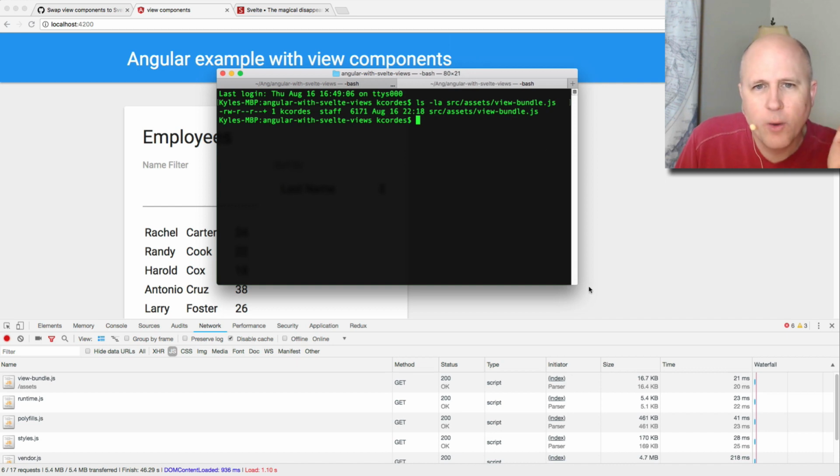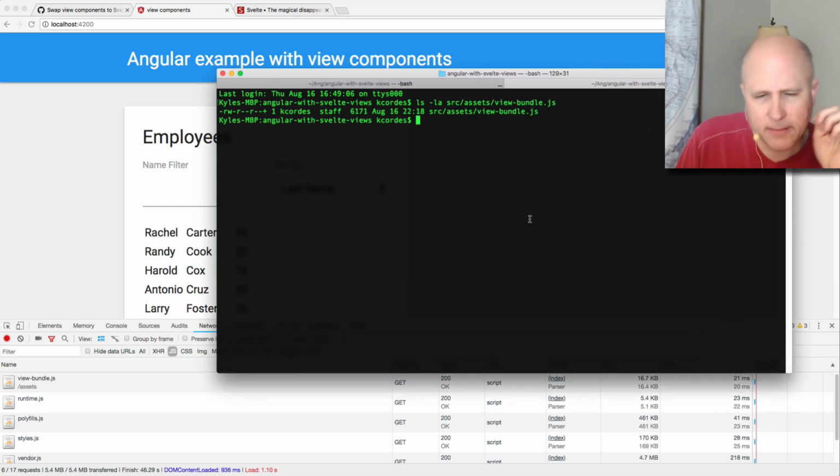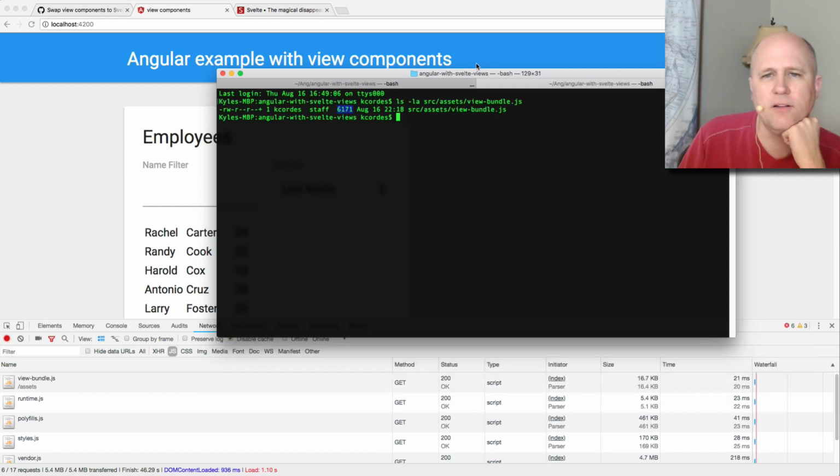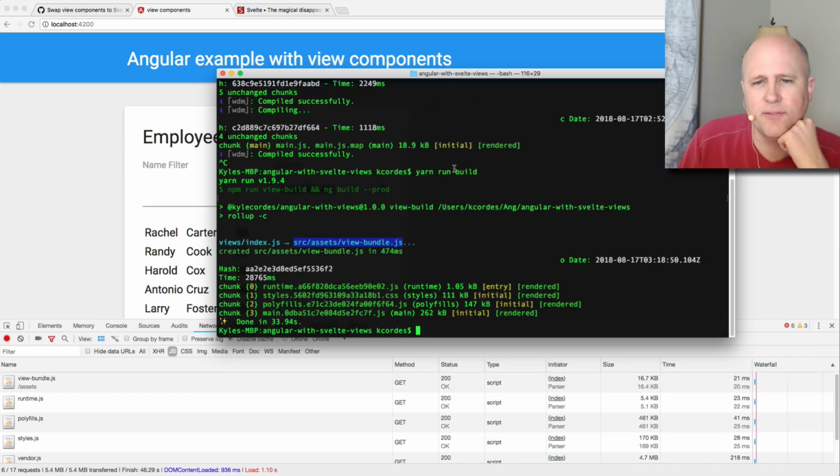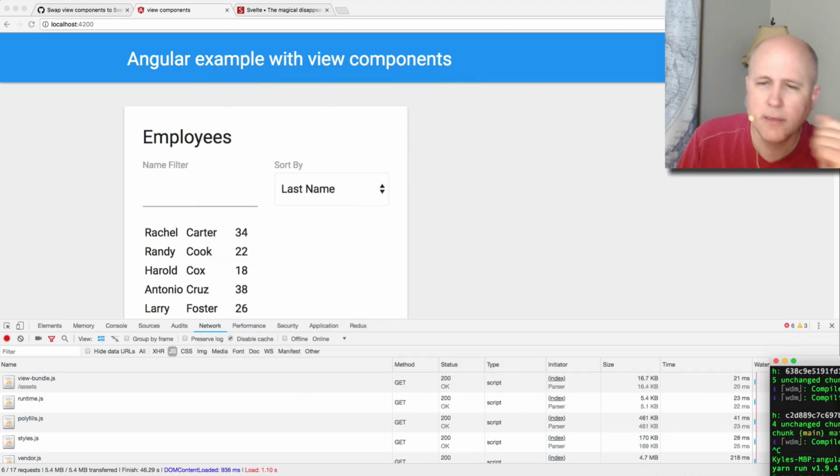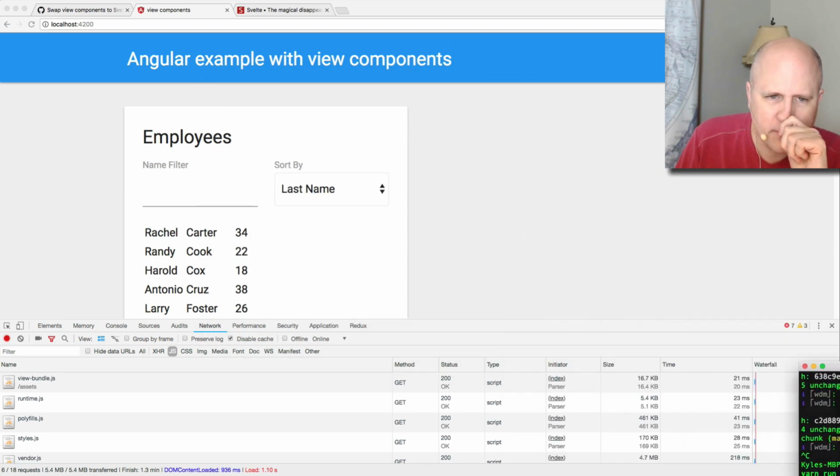So when compiled with production mode, those 2 View components total 6K. And that's 6K with no other support files needed. Everything needed to make those web components work is fully bundled in there. So that's pretty nice. I feel like that should handle quite large applications if you just need a few K per View component. Okay, then